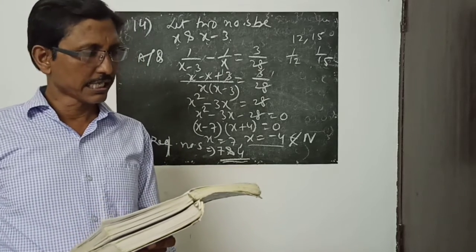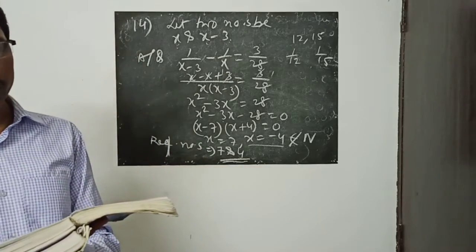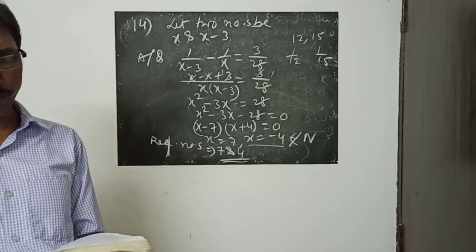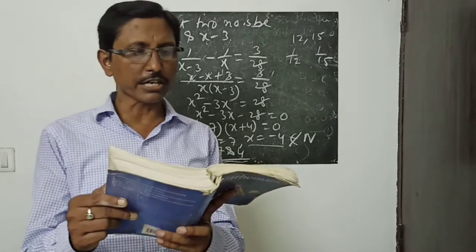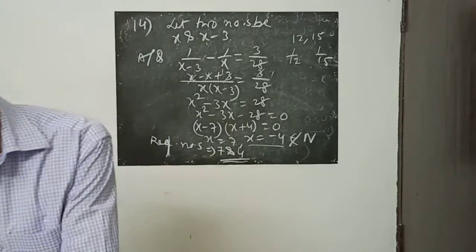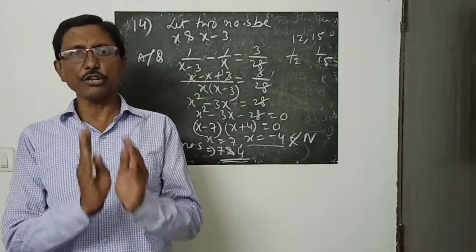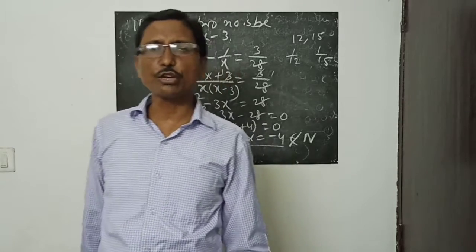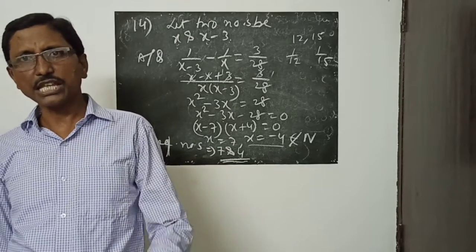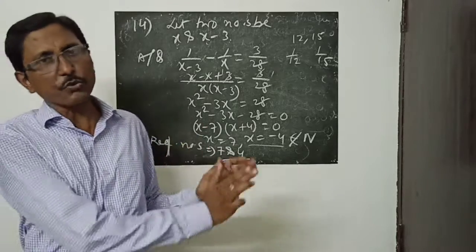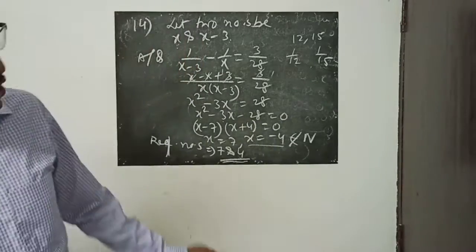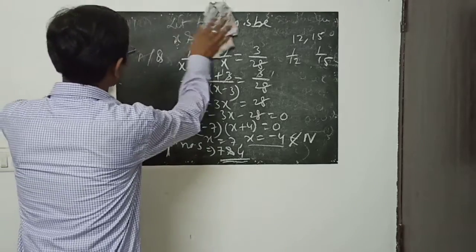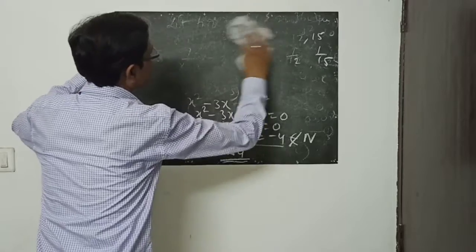So it will be what? The difference of the squares of two natural numbers is 45 and the square of the smaller number is 4 times the larger number. What are we saying there? Ultimately you have to convert it into a one variable quadratic equation, but for some questions it will be easy to express with the help of two variables, and ultimately one variable will be obtained. This type of question, question number 22, if we look at it, we can get that type of problem.